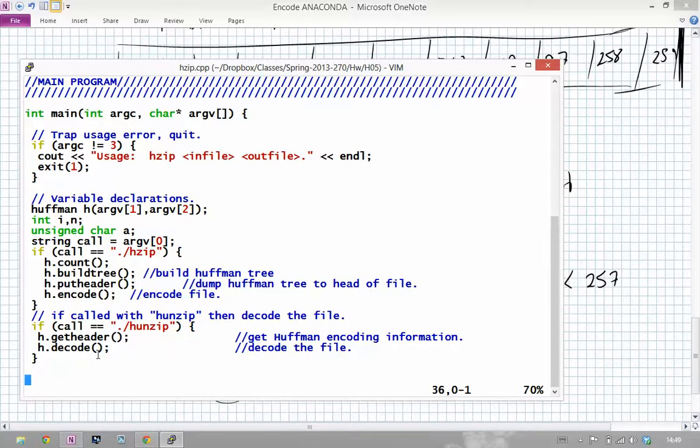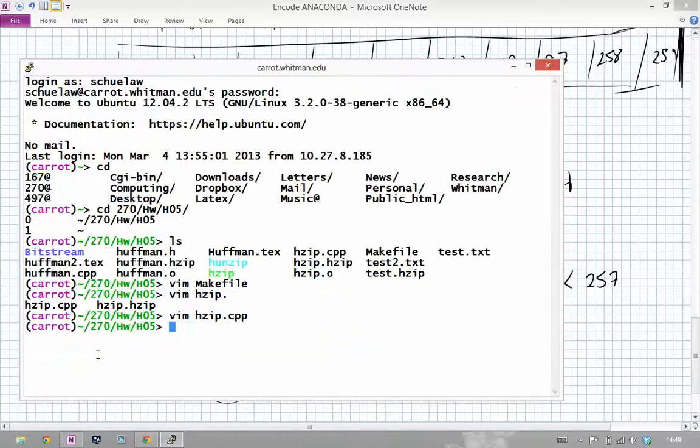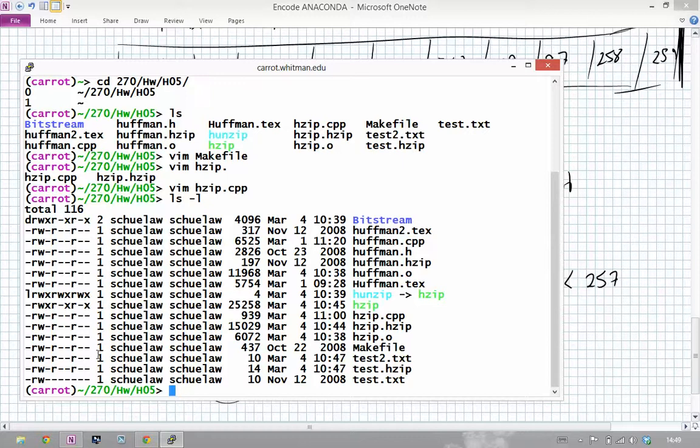Now, how can I call the same executable with two different names? That's the Unix trickery. If you look at the directory listing here, you'll see that light blue file. That's called a symbolic link. It was introduced in Windows, I think in Windows XP, but it's been in Unix since like 1974. This symbolic link is kind of like a pointer. It's not the file, it's simply a reference to the file. But if I call it,